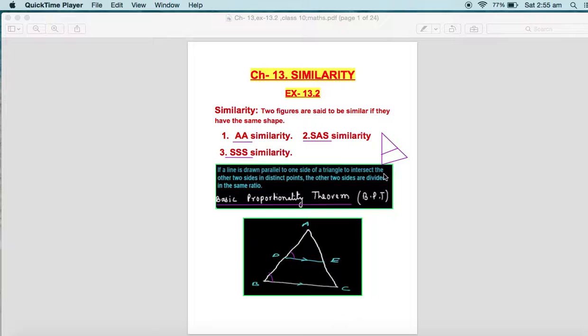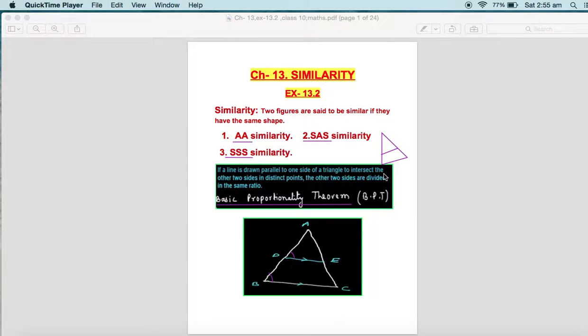So we were discussing in the last class similarity and the basic proportionality theorem. For the last two lectures, we have been doing the same. Yesterday I gave you homework up till question number 9, and I explained up till question number 7. I told you all if any doubt you must ask. So now that nobody asked me a doubt, I'm taking the remaining two questions also, question number 8 and 9. I'm explaining them to you all, so if there is a doubt, you can understand it from here.